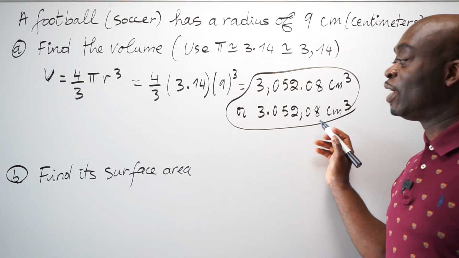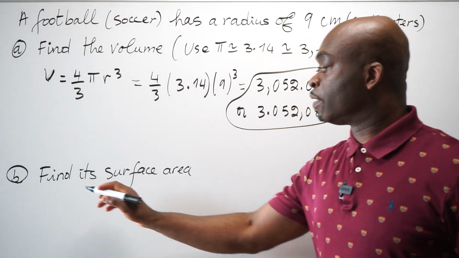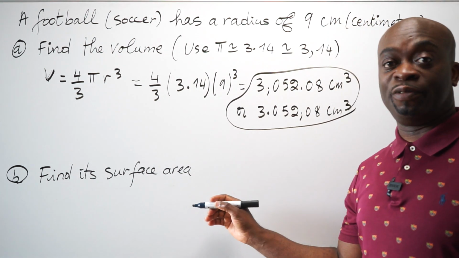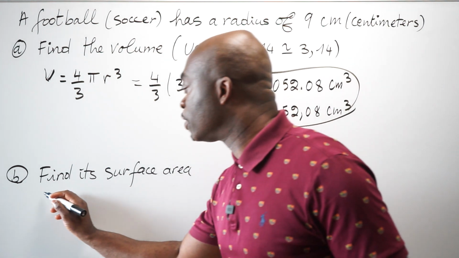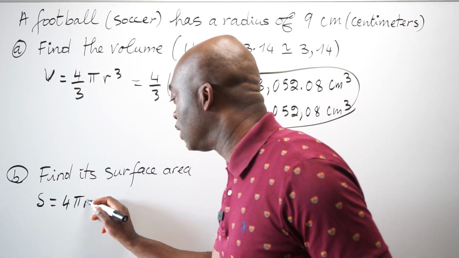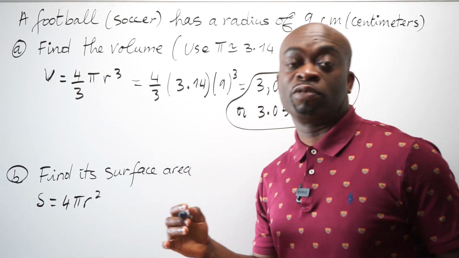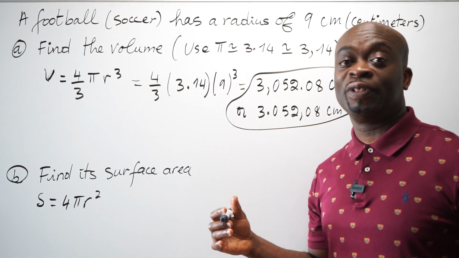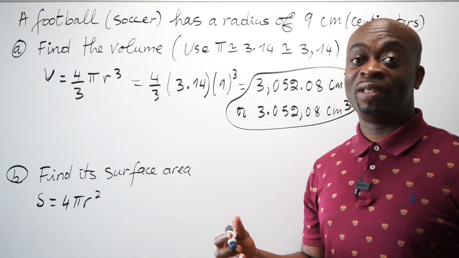All right? So let's go for B here. Find its surface area. So the surface area formula is going to give us what? So that is S equals 4 times pi r to the second power. Now, sometimes the formulas will be given to you. Sometimes they may not be. So